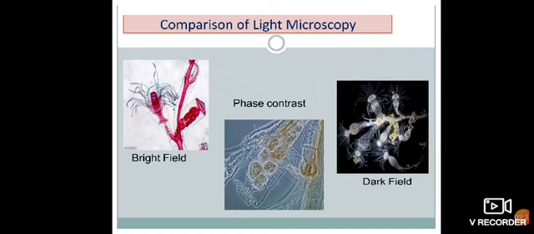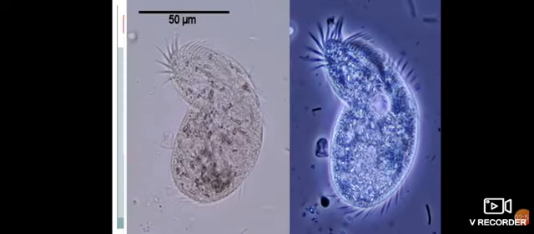Third, it is called a dark field environment. Like I told you, if your specimen has a fluorescent property, we make our environment dark, black. In that dark medium we can easily observe our specimen, so it is simply called dark field. So these are three different types: first bright field, second phase contrast, and third dark field environment.